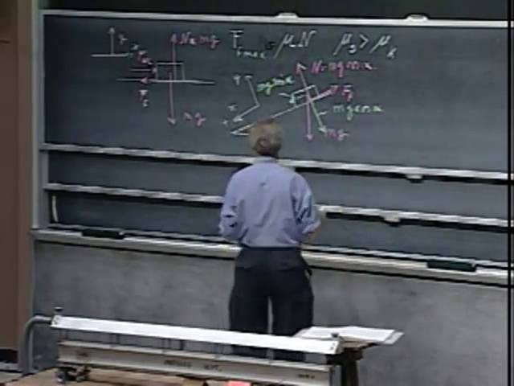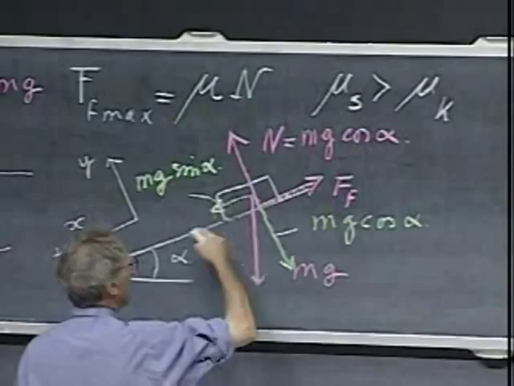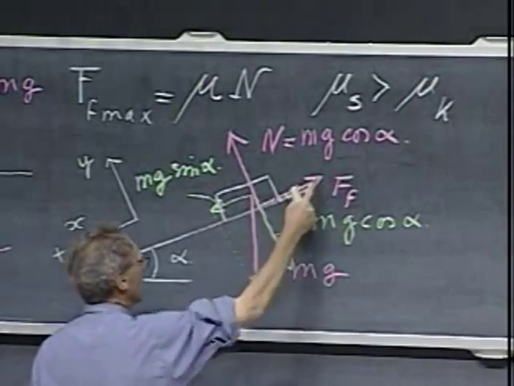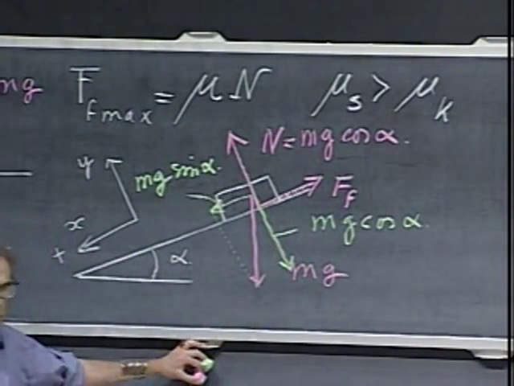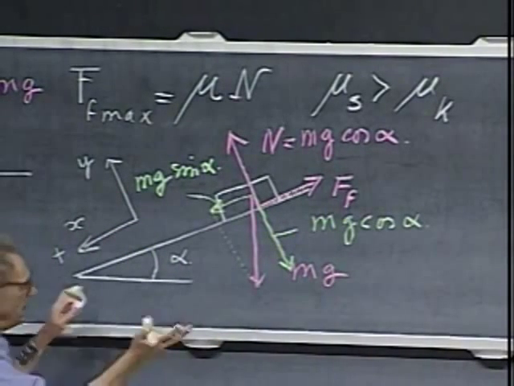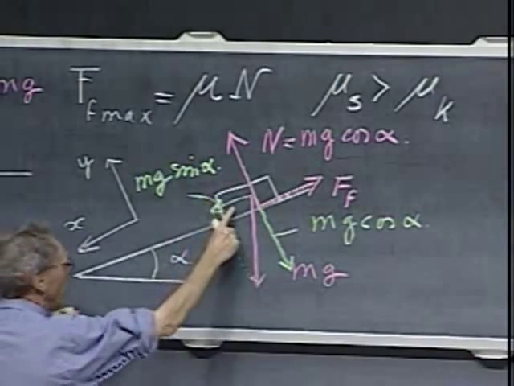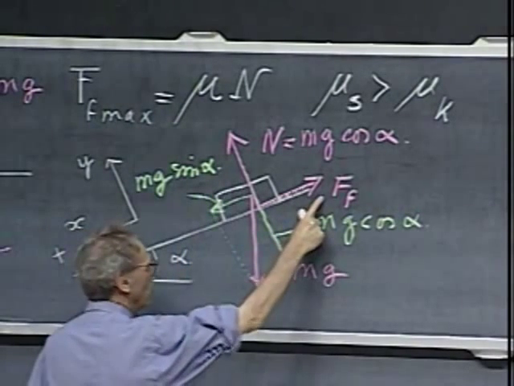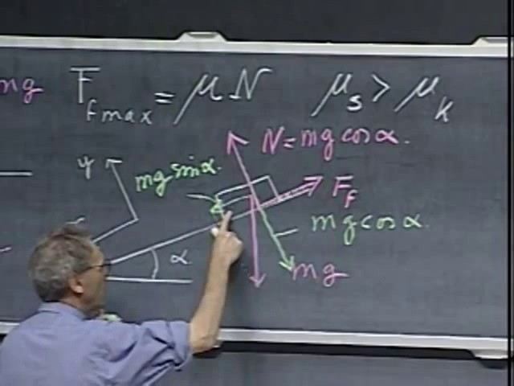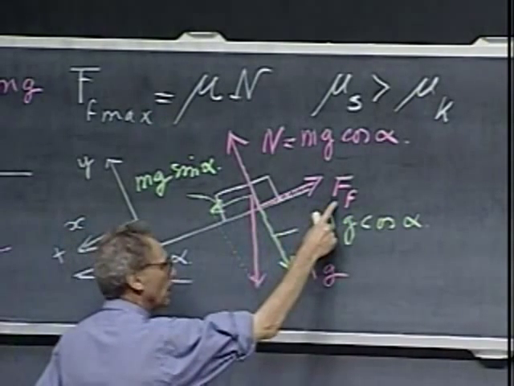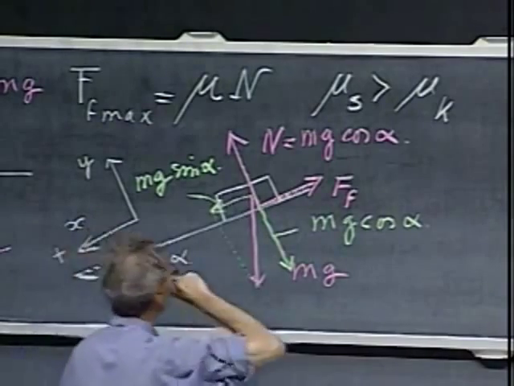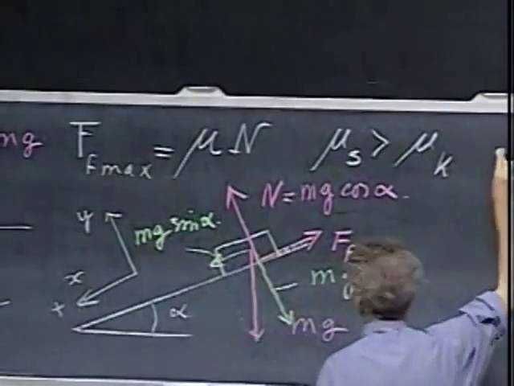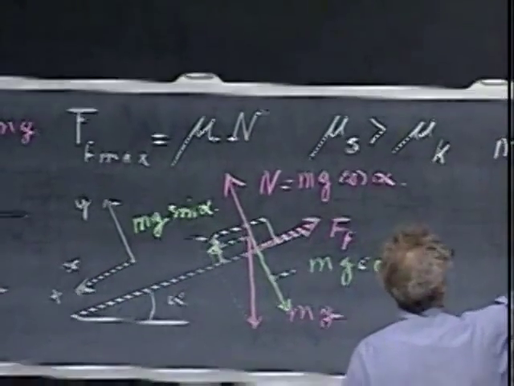I'm applying Newton's second law. In this direction now, the acceleration is still 0, but the frictional force has now just reached the maximum value, because I increase alpha, so this component will get larger, and this component will get larger, this component will get larger, this component is still holding its own, but then all of a sudden it can't grow any further, and it starts to accelerate. So Newton's second law tells me that mg